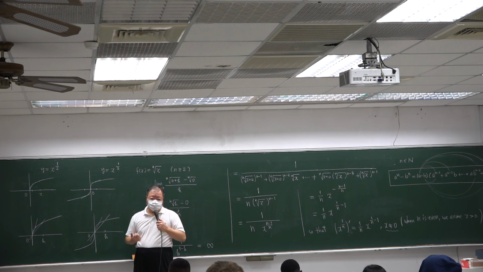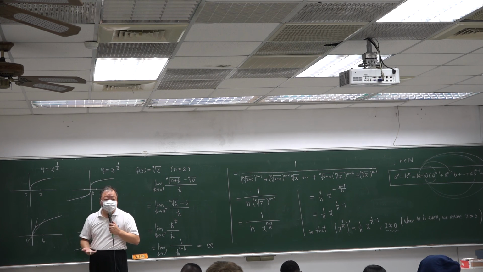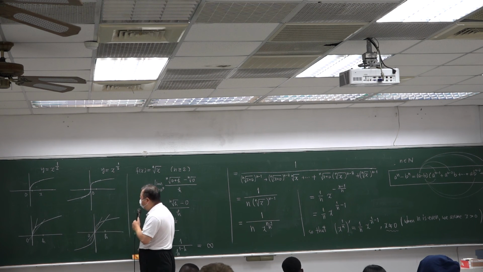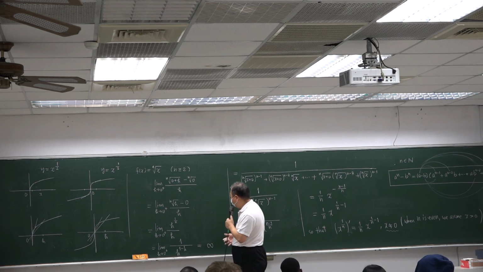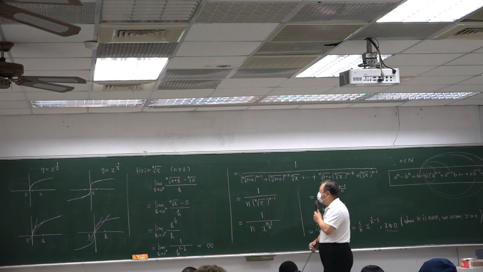Differentiability is stronger than continuity. Stronger. Okay. And continuity is stronger than the existence of the limit. So everything seems very simple. But gradually, if you do not study hard, you will find everything is very unfamiliar. Okay, so